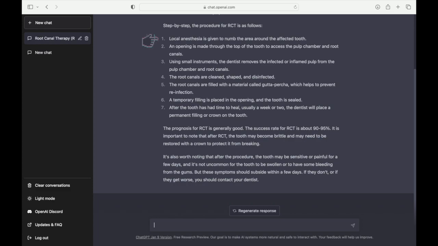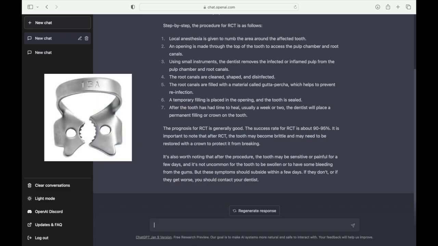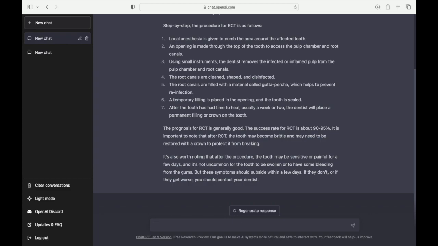Okay, so the first point. Local anesthesia is given to numb the area around the tooth. Yes. And I like the wording, it's quite perceptive. Numb the area around the tooth. You're not actually anaesthetizing the actual tooth since it's necrotic, but what you are trying to do is anesthetize the surrounding tissues, because you're going to apply a clamp, which is sometimes placed on the gingiva itself. And the clamp can also apply a lot of pressure to the tooth, which can be of discomfort for the patient. So yeah. The first point is accurate.